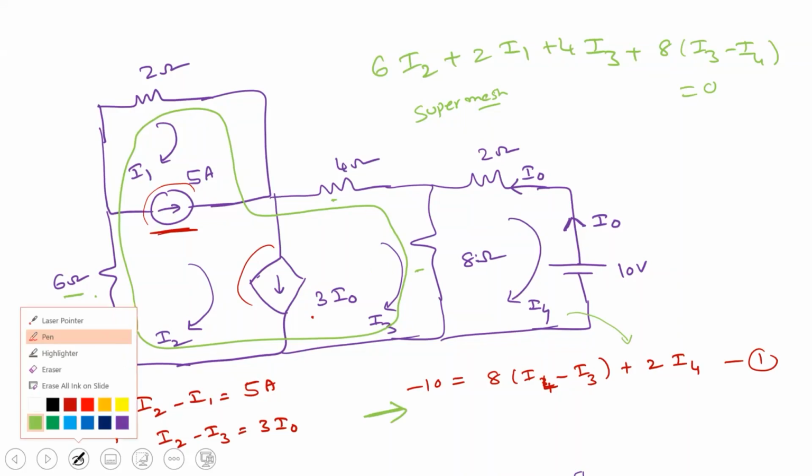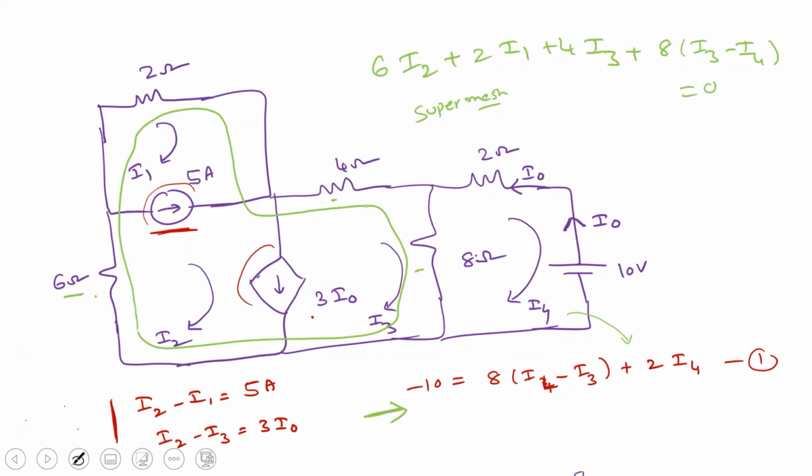Sir, why shouldn't we consider the fourth loop? That's a good question actually. There is nothing wrong. Even if you consider this entire thing, there is no use; unnecessarily you are creating confusion. In the previous question also, we could have considered the third loop, but we didn't, since it was not required. But we could have if we wanted.